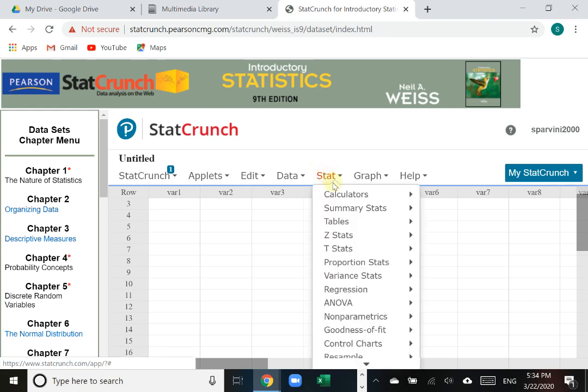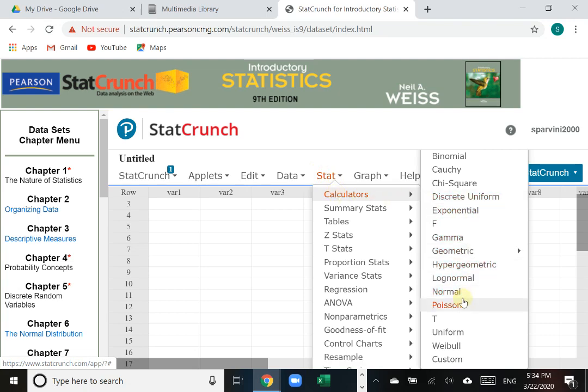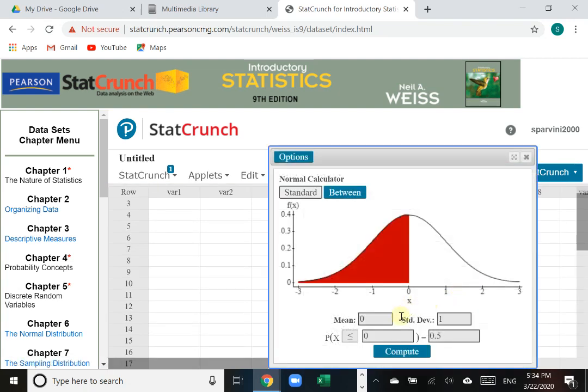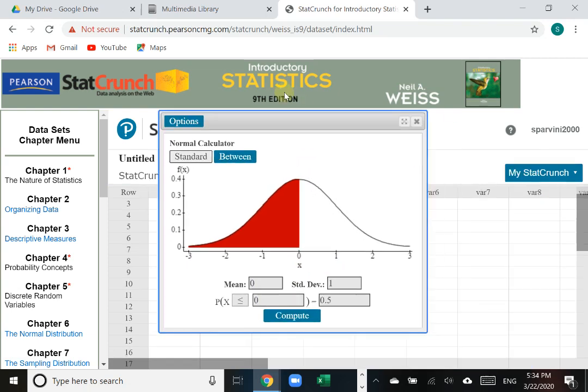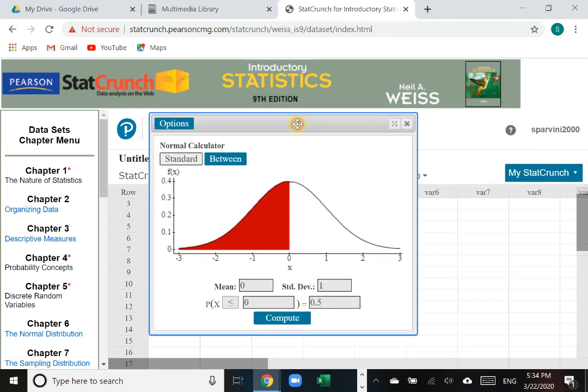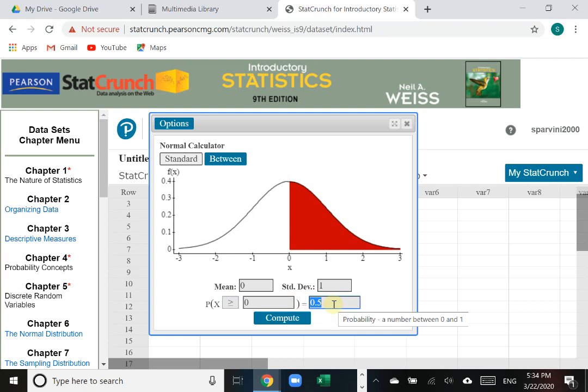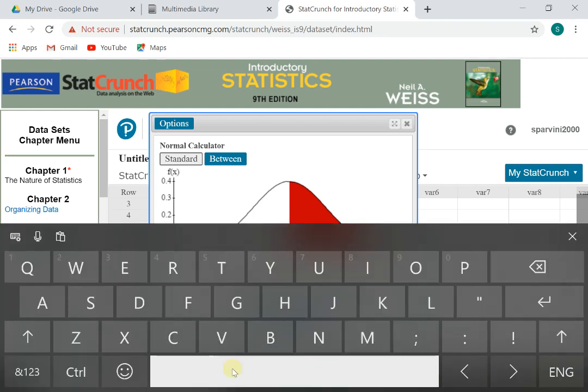I go Stat, Calculators, and Normal distribution. Now, usually we put a z-score here and find the area above or below, right? Because we're doing the z sub alpha, I want to find the area to the right. Now, in here, I'm actually going to type the area that we are interested in. That area is going to be